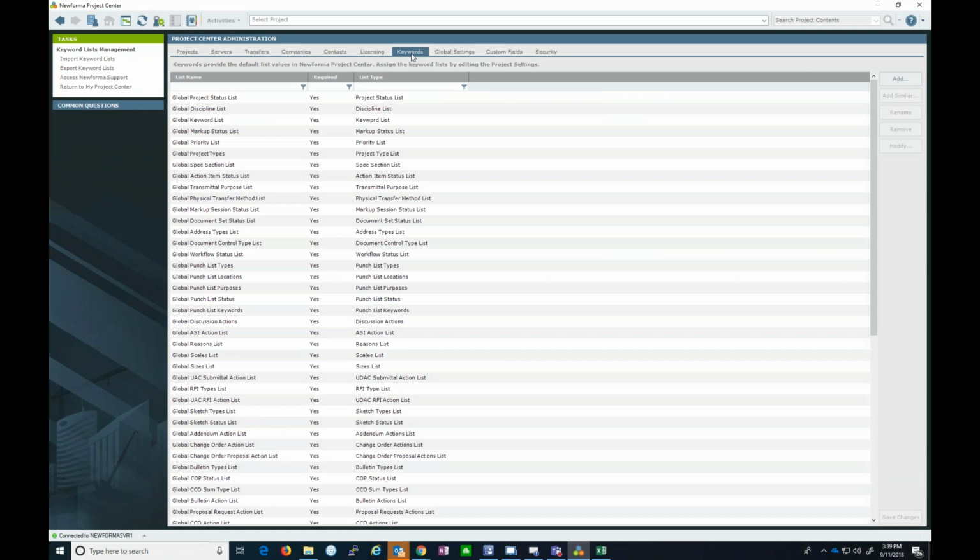Keywords. These are all of the drop downs and lookups that are available to be modified, and you can even add new ones if you choose. I'm not going to spend a ton of time on this because when we start rolling out the contract management, we will revisit this because it comes up a lot in contract management. But just know, like when we were looking at company type,